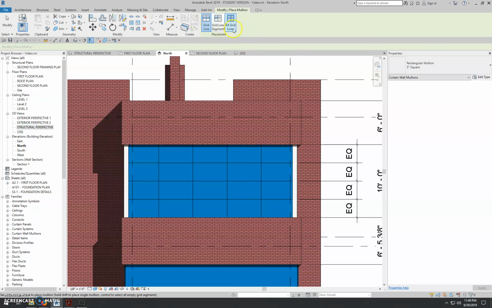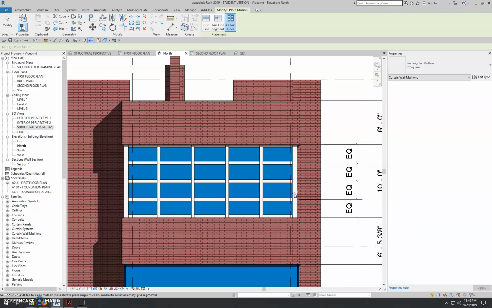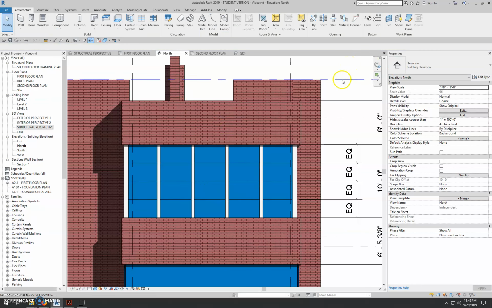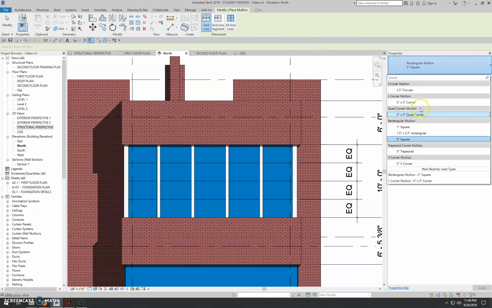Now, if you come up here to your placement button, you'll see that you can do just one grid line segment, like that, or you can do an entire grid line, like that, or you can do all grid lines, like this. Now, since our verticals are different than our horizontals, we're going to choose grid line, and we're going to click all of those. Hit escape, and now we're going to place our horizontals, which are